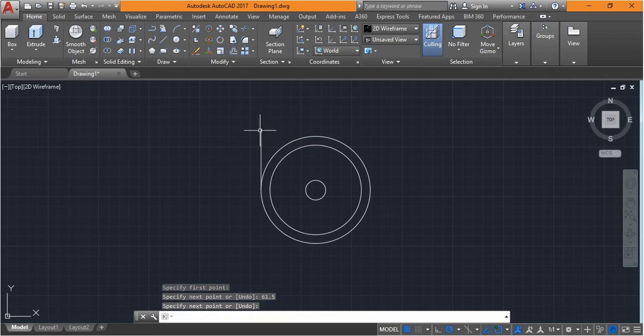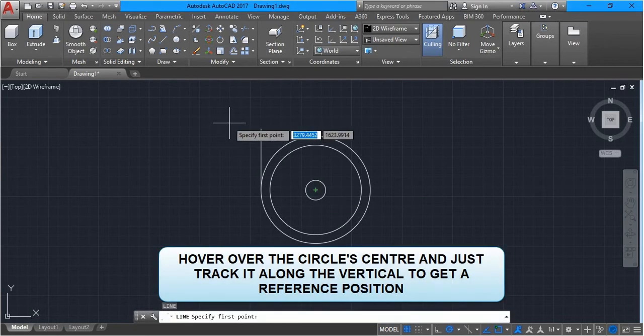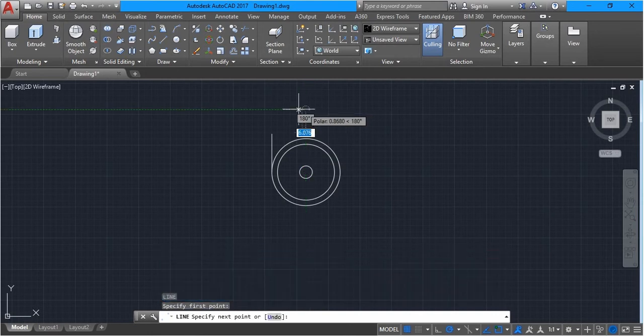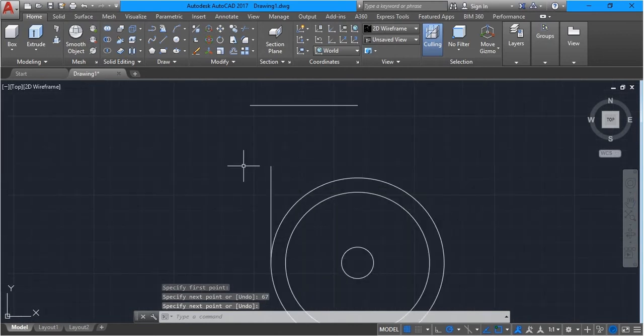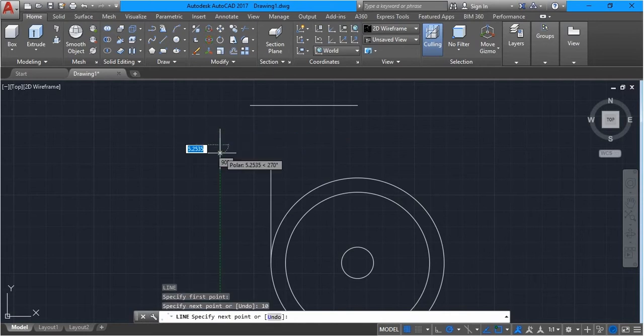Now I have to draw a line, so repeat line. I have to make line from this reference. I will locate the line later, but I am going to give it dimension, which is 67. I am done. Now repeat L. I'm going to make one more line 10 mm and now tap M and it will show